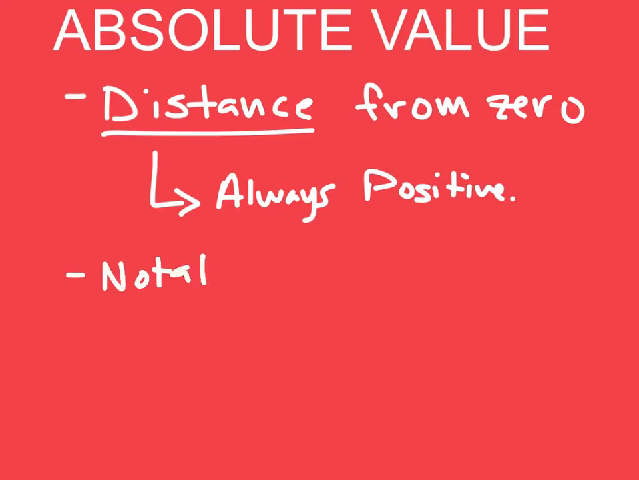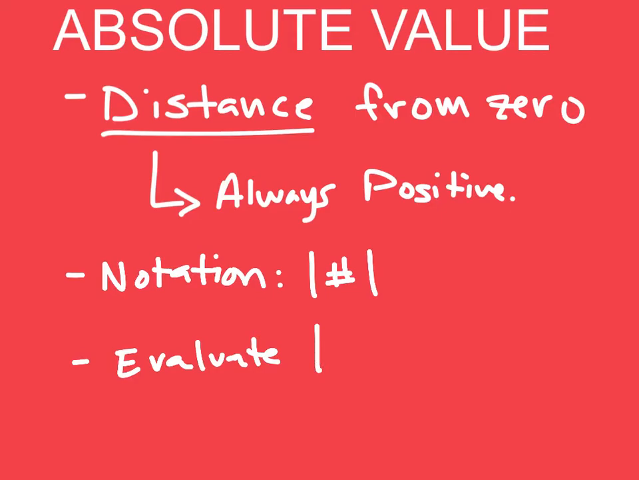When I write this out, the notation that I use to talk about absolute value is two lines like this with a number in between. So for example, if I wanted to evaluate the absolute value of 3,